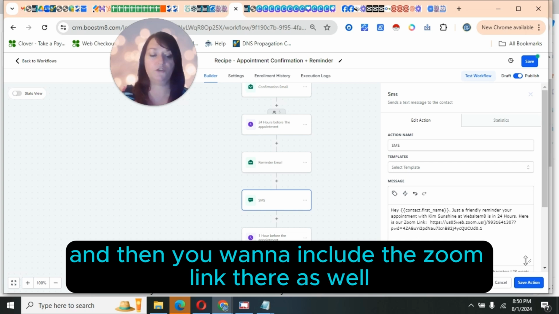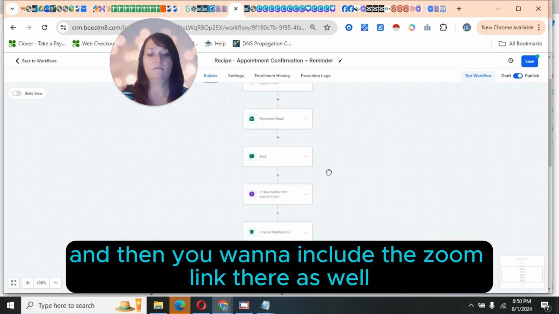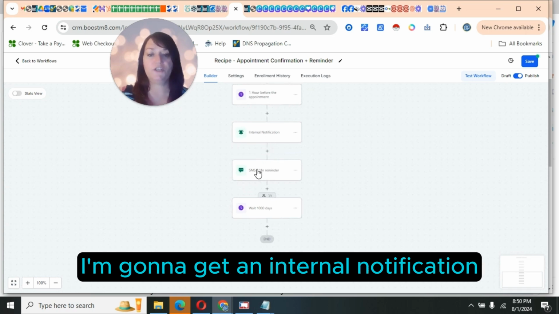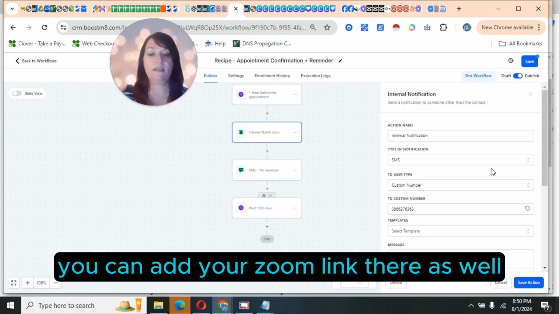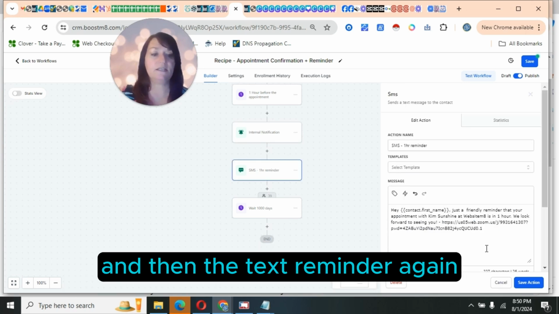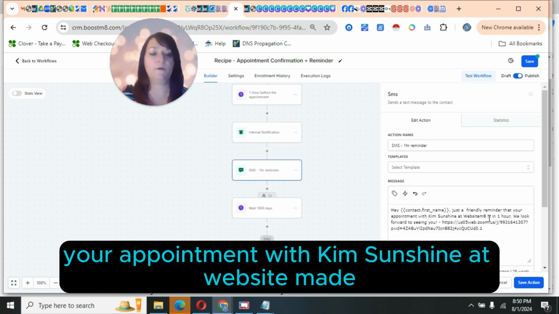you want to include the Zoom link there as well. And 1 hour before the appointment, I'm going to get an internal notification. You can add your Zoom link there as well. I do not, because I already have my Zoom link. And then the text reminder, again, your appointment with Kim Sunshine at Website Mate, and then I'm going to add